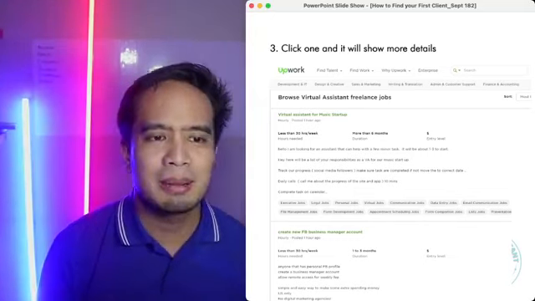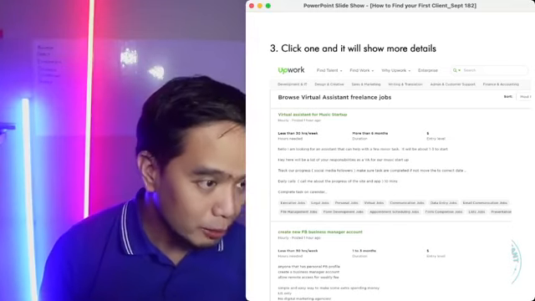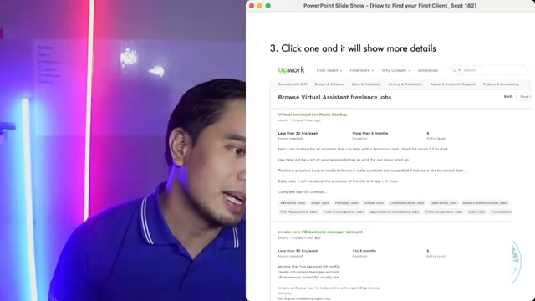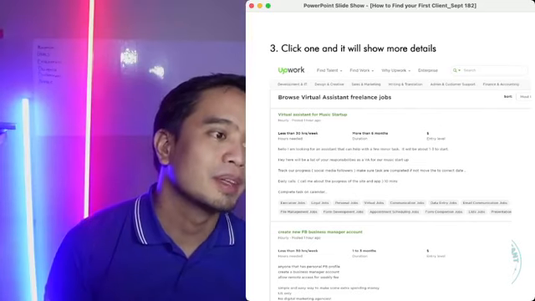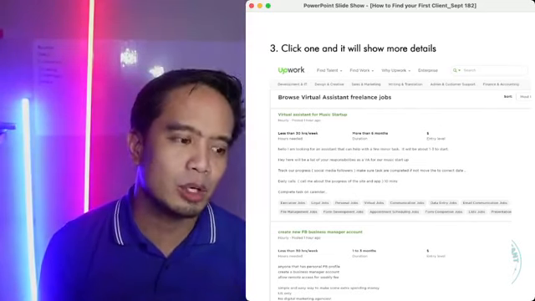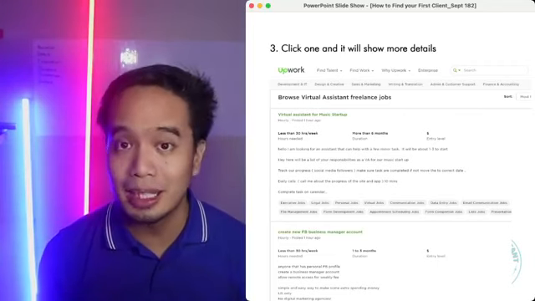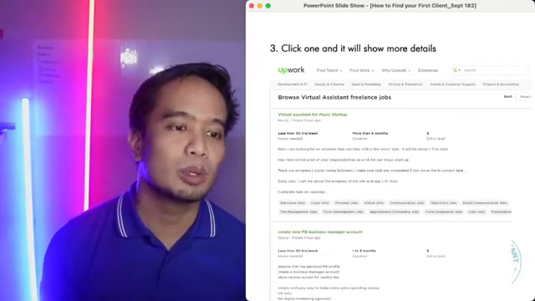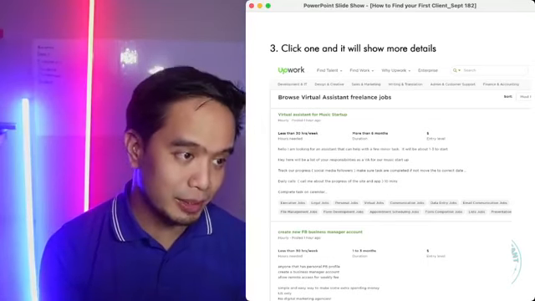And then, marami. There are hundreds of jobs available. Okay. The thing with Upwork is that they ask for those with experience as VA. You can do it kahit wala kang experience. Sa totoo lang. Kasi, paano kung makakuha ng experience if first time ka pa lang, di ba? So, there are ways that you can find jobs even without experience.